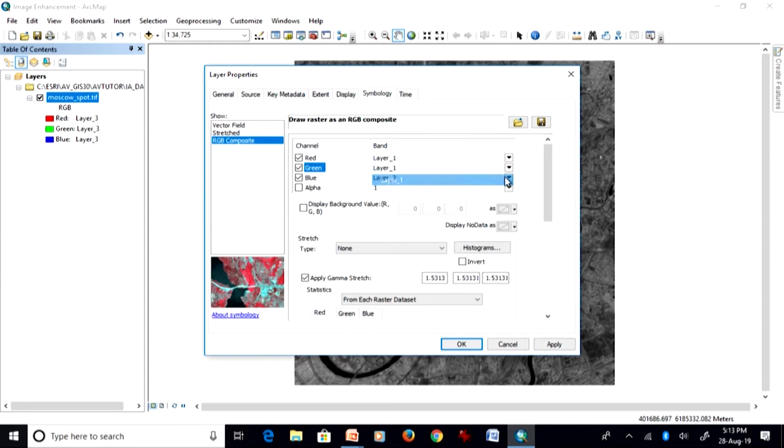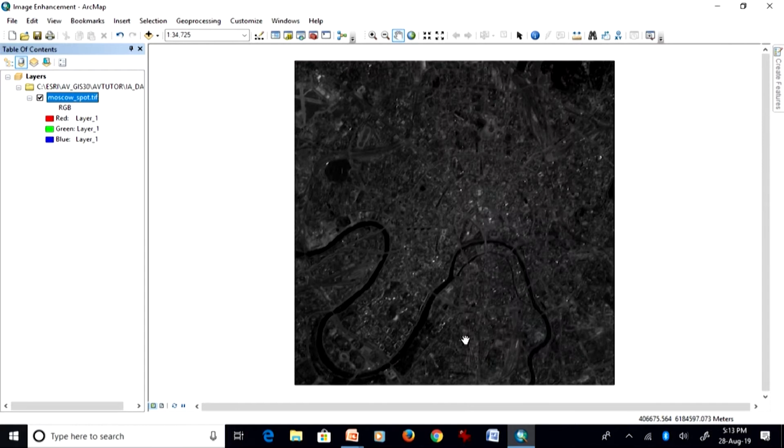That means I will be displaying only band 1, which is basically the blue part of the EM spectrum, the first band, and this is what you are seeing.